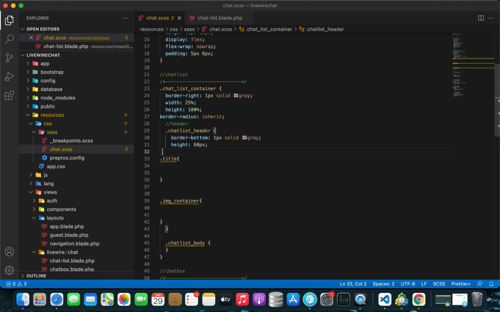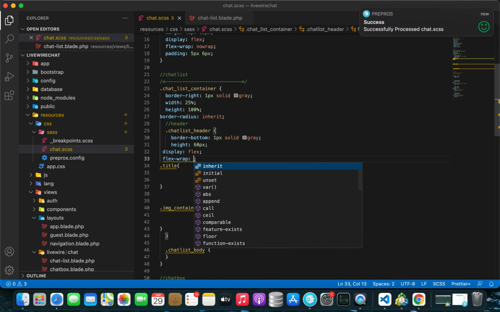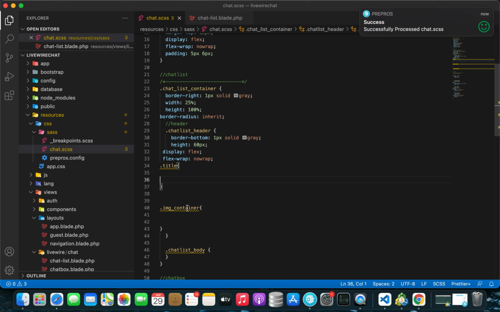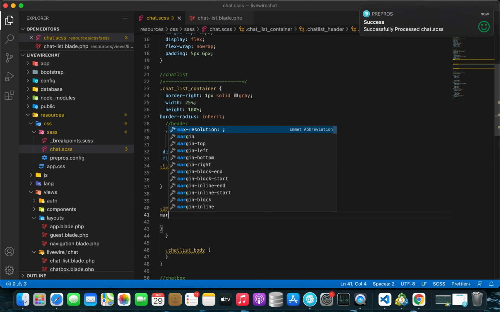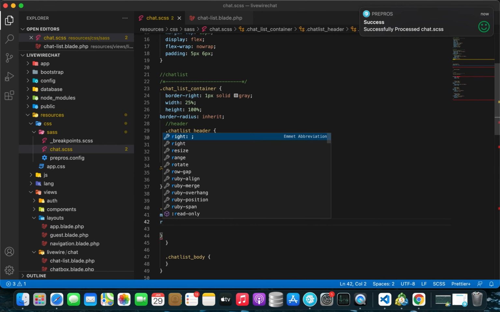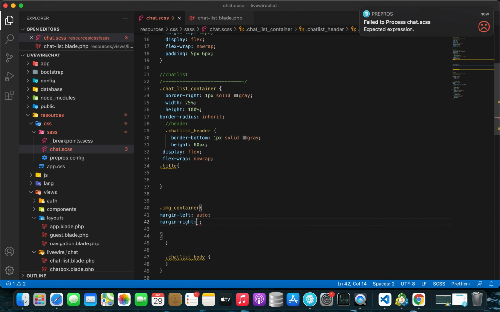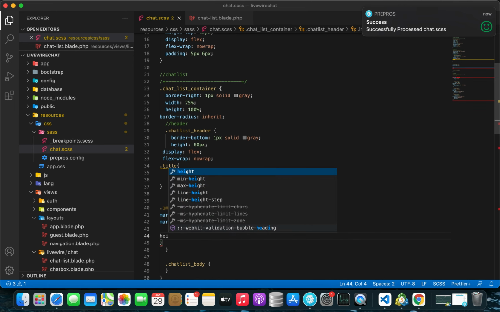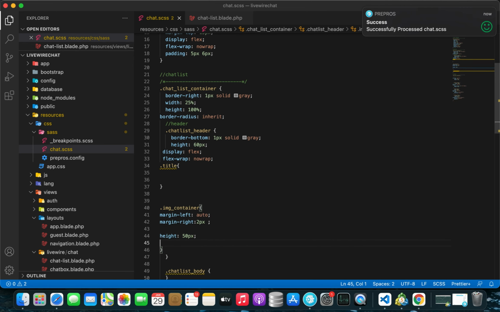Let me just add display flex, flex wrap no wrap. I'm going to add margin left automatic, and then margin right can be 2 pixels. Let's make this height 50 pixels, width 50 pixels,